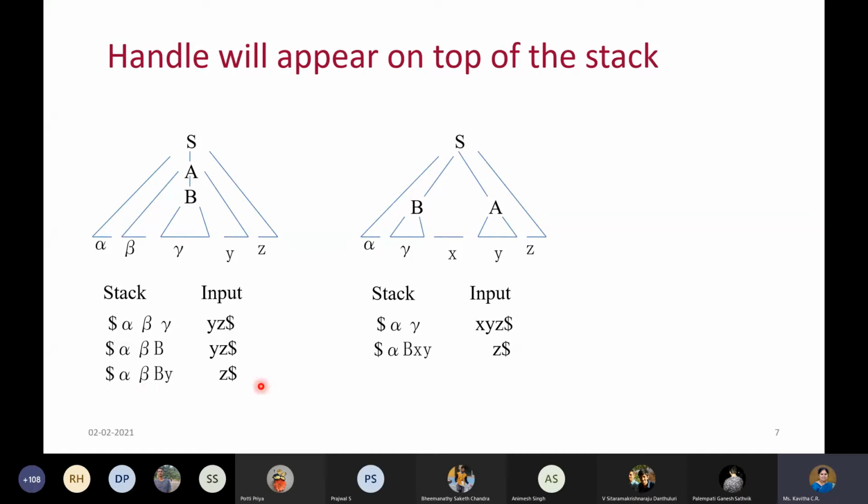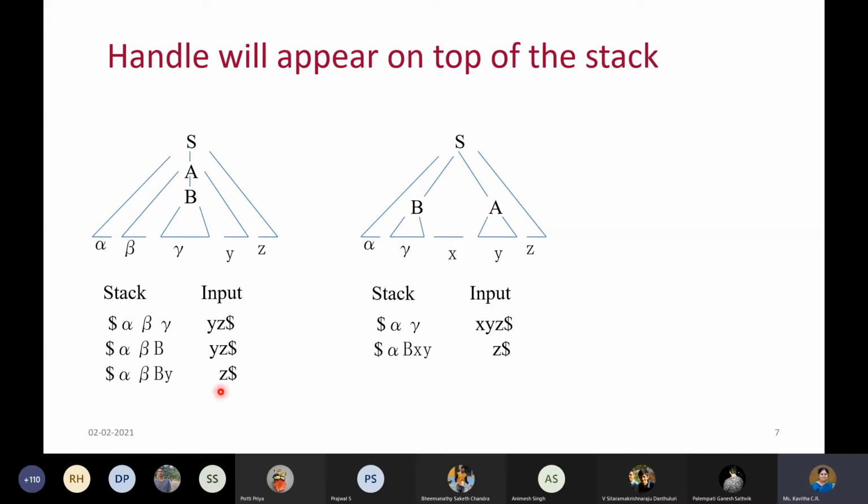And also suppose if you want to apply now according to this, whatever is shown in this diagram, beta B y should match with some RHS there, where A is the LHS symbol. So you can replace that. That's what it means. So beta B y can be replaced by capital A, and then finally alpha A z matches with S,